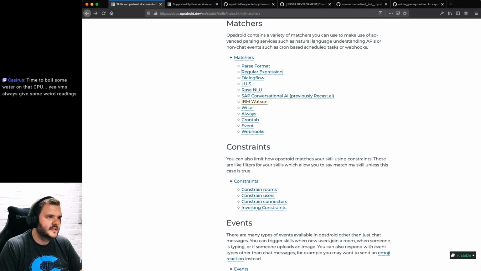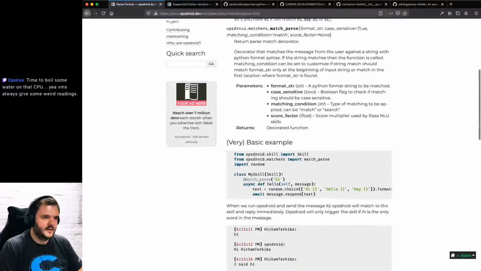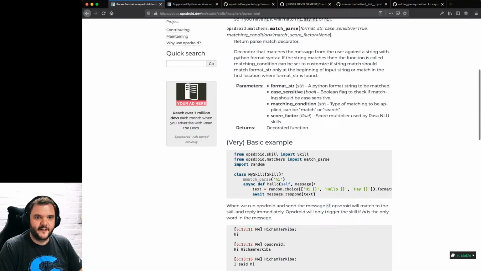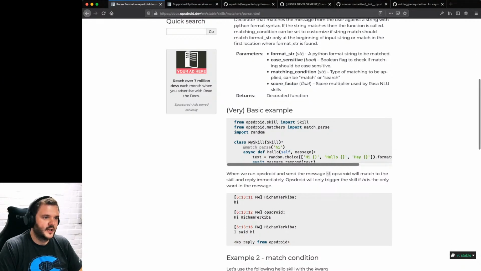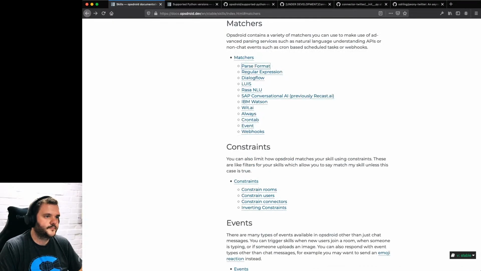There's also parse. Is parse in this? Parse format. So there's a Python library called parse, which is like format but backwards. So you can give a string that looks like a format string that you would do in Python, and it works backwards. It unpacks the string. So those are 2 basic examples, but it's far more interesting to use natural language. There's loads of third-party things you can use.